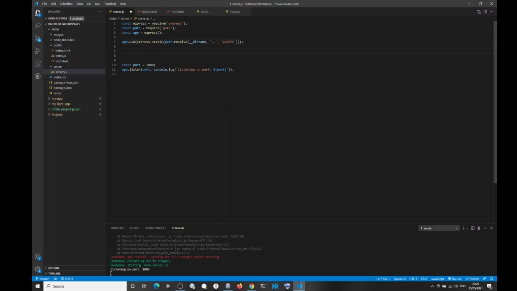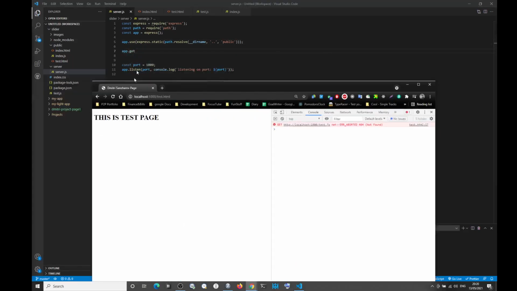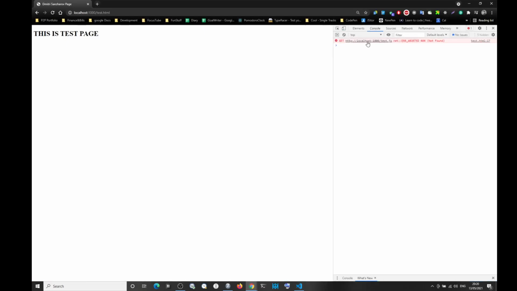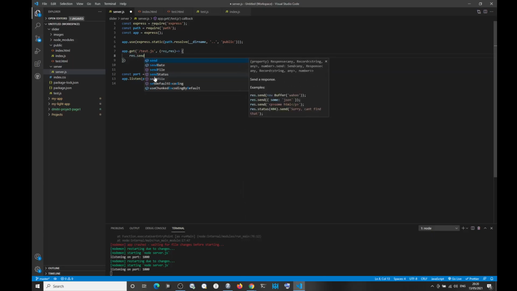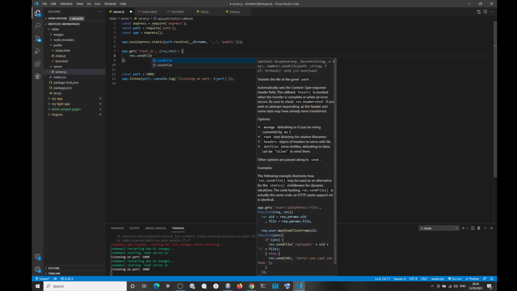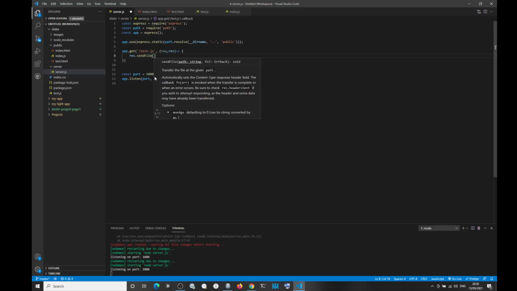The way to do that is app.get, like literally what this error says. You see, it says I cannot handle it because there's no get request, right? So we need to create a get request. So we do get, the path is going to be test.javascript. We do the usual request, response. Now what we need to do is respond, send file, right? Because test.javascript is a file, all right? And this will go to